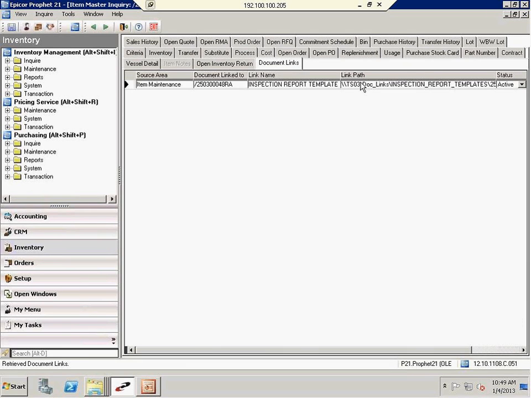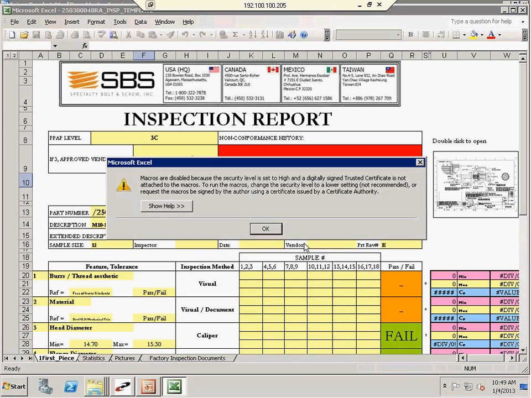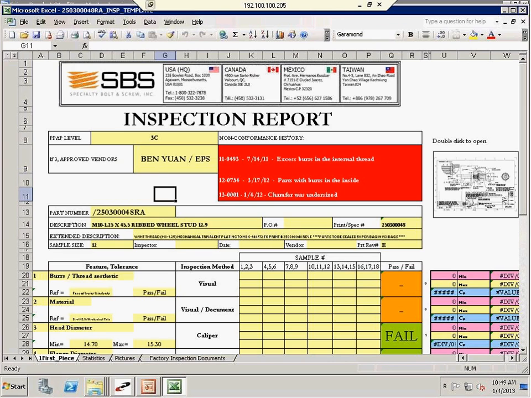Hit Doc Links. Right-click, View Item Maintenance Link. It's come up with all those revisions that I've made. So this is how we're going to maintain that this is a living document. Primarily, the changes are going to happen here in the US when we get a new PPAP approved, when we get a new print, but we do have the option that